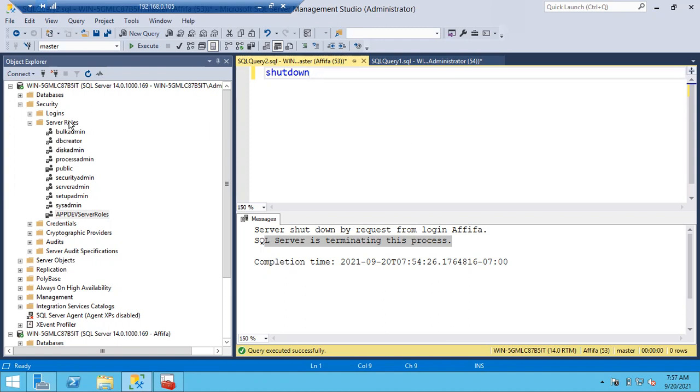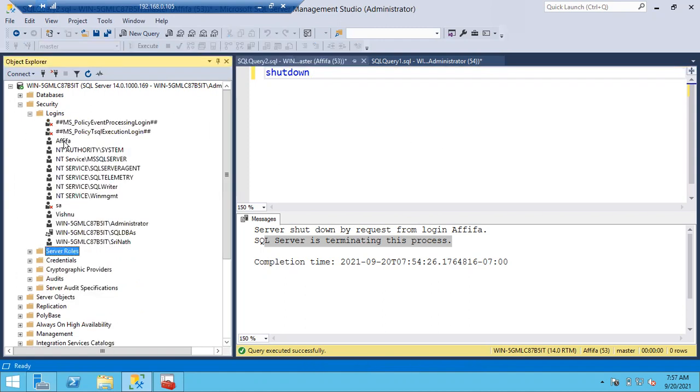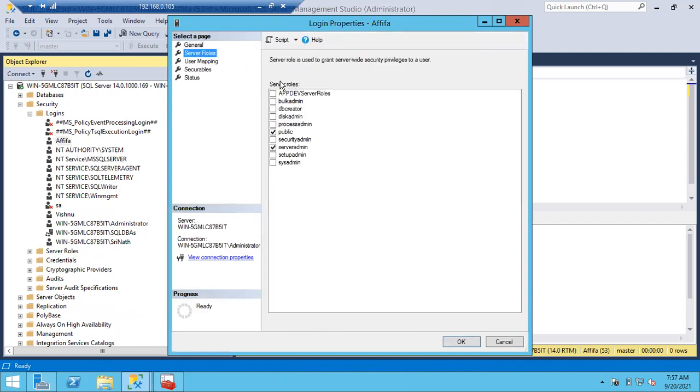So I have a question for all of you guys. Afifa, go to server roles. Someone gave permissions to Afifa like this. Now tell me, is this correct or wrong? I need answers from Anusha and Divya. Someone gave permissions to you like this, they just added you into all the server roles. So now tell me, is this a correct practice or worst practice?